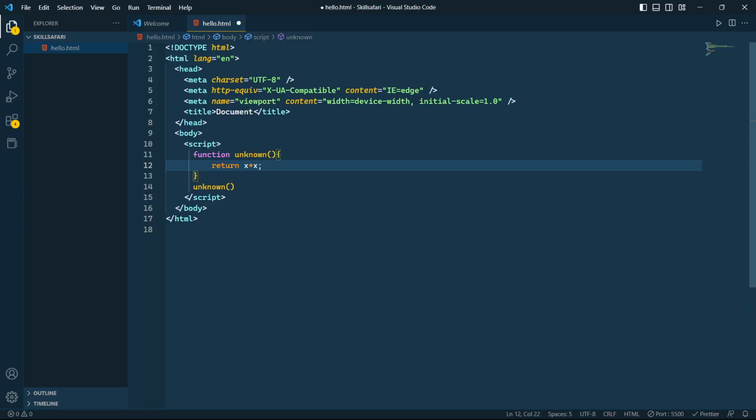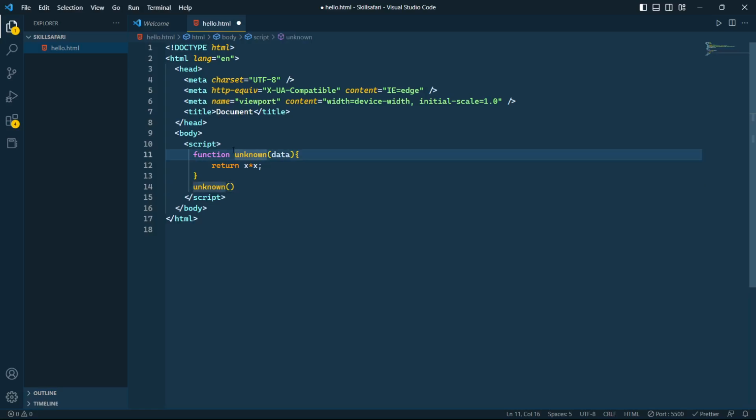I just want to square the number, and in order to square it, I'm receiving it like the data. And how will I grab this data? By passing the argument.